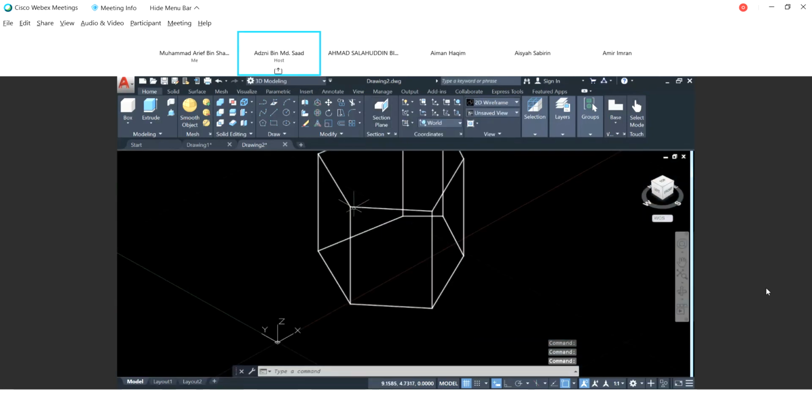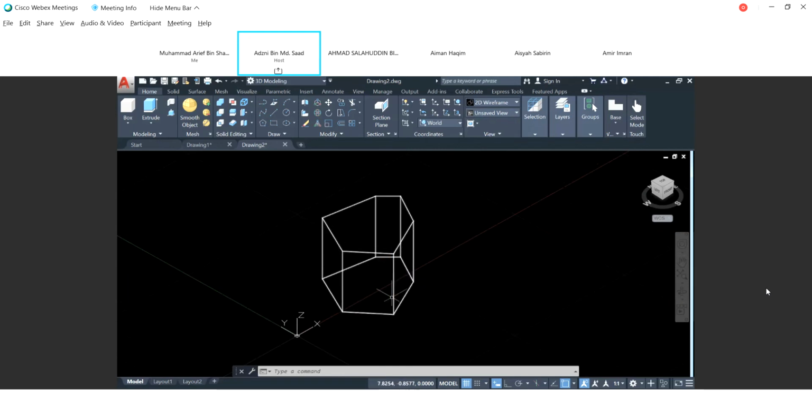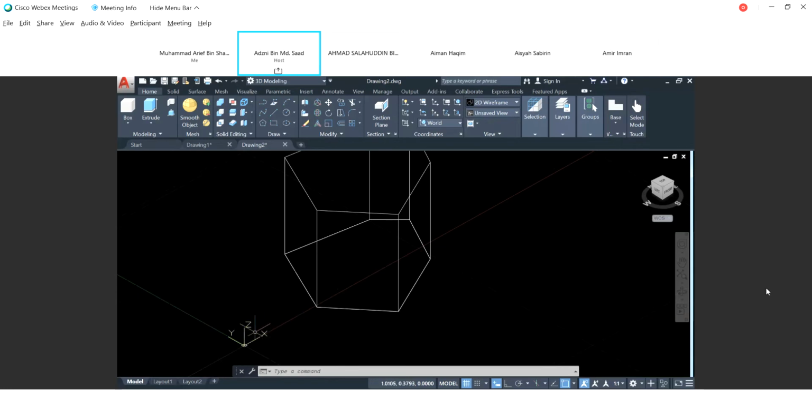If I want to draw something on this plane, for example, construct a circle and produce a hole on this plane, then I have to make sure that this plane is going to be my XY plane. Right now it's not on the XY plane; my XY plane is on this plane here. So firstly, you have to move this compass, this axis, here. You click this axis, go to this origin and drag it. Make sure it's attached to this